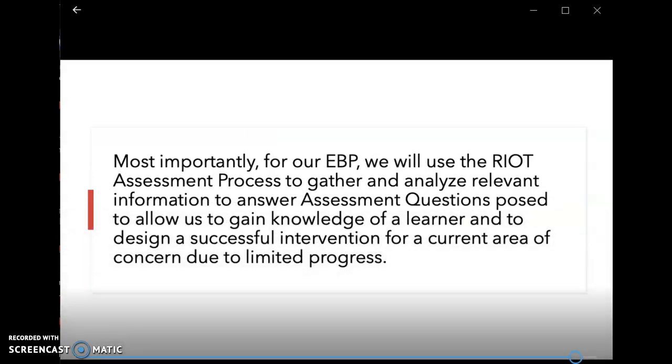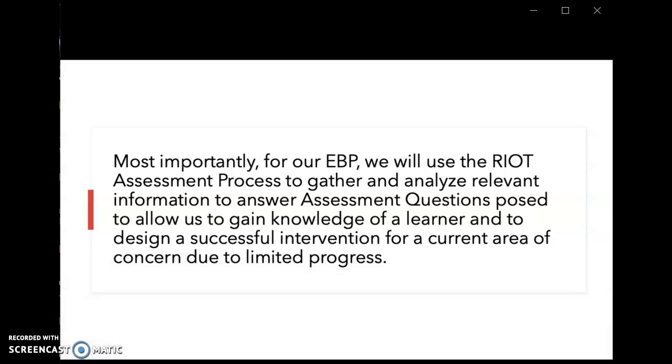Most importantly, for our evidence-based practice application, we will use the RIOT assessment process to gather and analyze relevant information to answer assessment questions posed, to allow us to gain knowledge of a learner and to design a successful intervention for a current area of concern due to limited